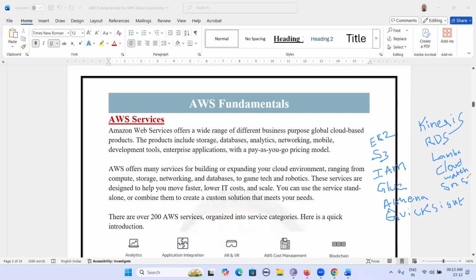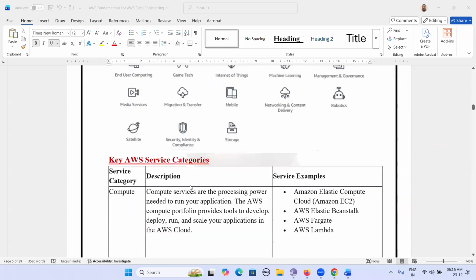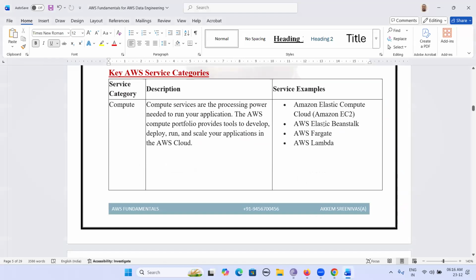Next, we have multiple services like CodeDeploy, like Git, an ML service for machine learning, an AI service for artificial intelligence, and an IoT service for developing smart home implementations, and many more services. These are some important services. Let me show you the services list. We have EC2, Elastic Beanstalk, Lambda,